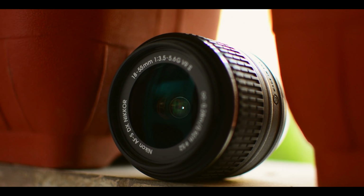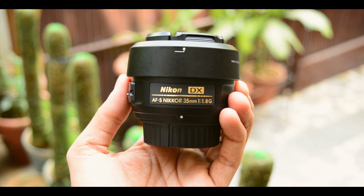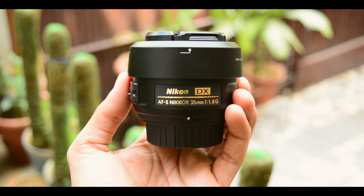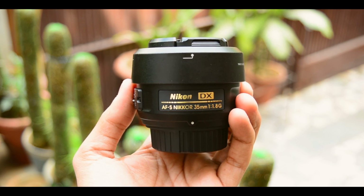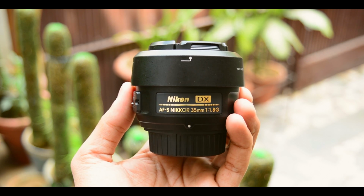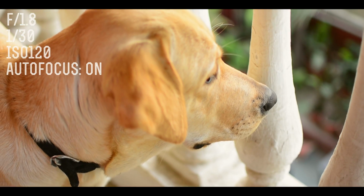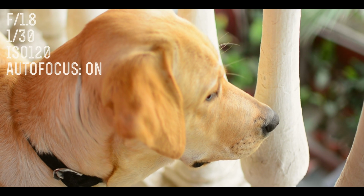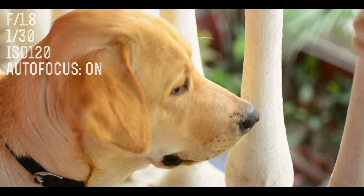Now let's come to the autofocus for a moment. As advertised, it's an AF-S lens, indicating the presence of a silent autofocusing motor inside. Well, I don't want to raise any questions, but isn't silent wave autofocus supposed to be silent? The lens tends to make a bit of noise while autofocusing during video. This could be a problem for many shooting video out there. It isn't as bad as the standard kit lens, but it's much better than that. This 35mm lens doesn't have a super silent autofocusing motor. It tends to make a little bit of a jittering noise,